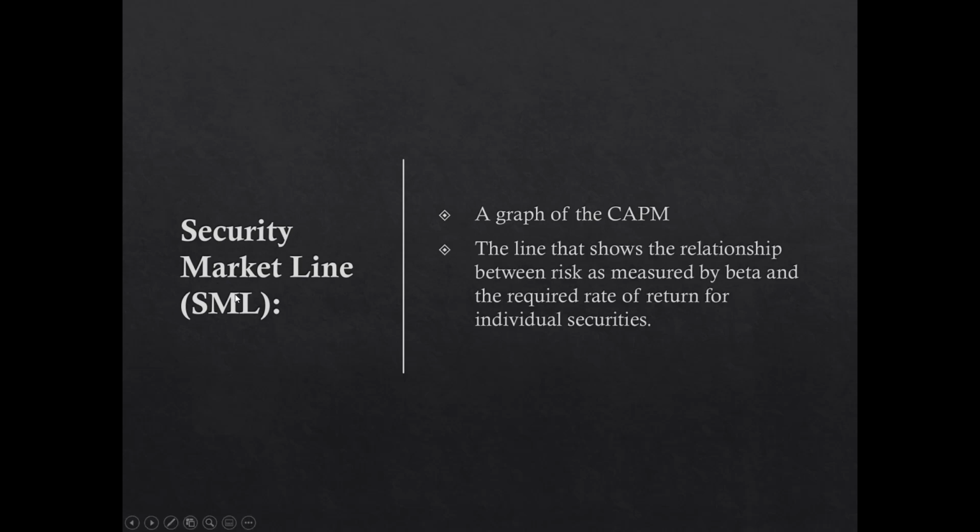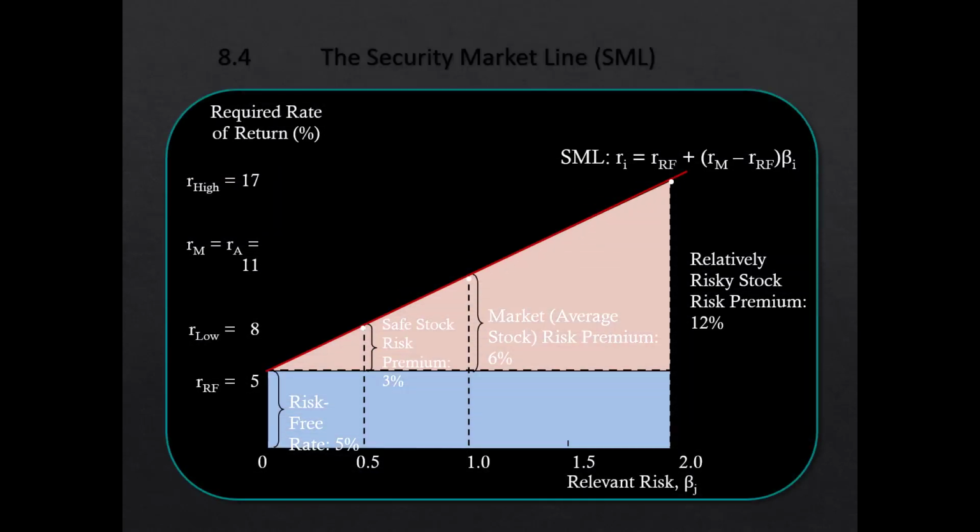The security market line is a graph of the CAPM, essentially a graph of the capital asset pricing model, that shows at various betas what the required rate of return is. And it shows the relationship between risk and required rate of return for individual securities. Here's a security market line. You can see that